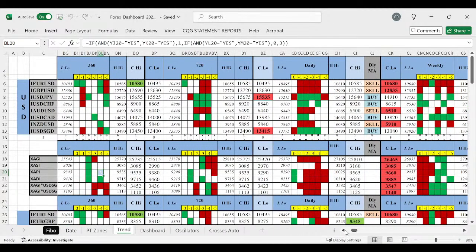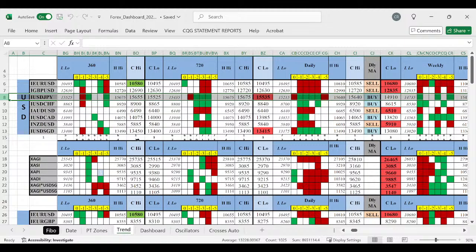Okay, so if you look into the dollar yen, on the weekly, this is up. Weekly is up, daily is down, and your 360 is flat. The flat meaning this is between the range 15525 and 15675. So that means basically what we are expecting is, since the daily is down below 15535, and right now this